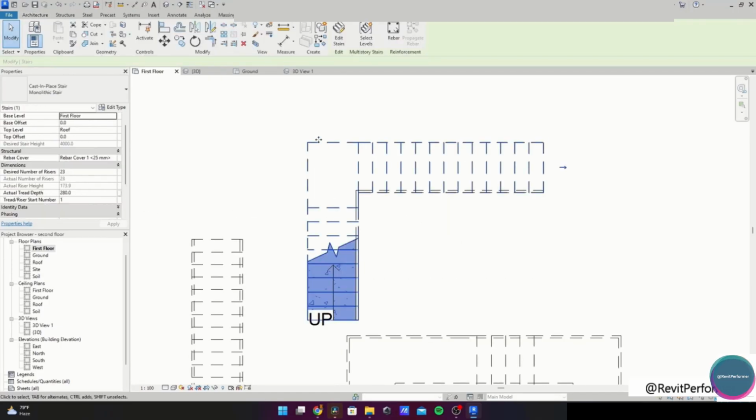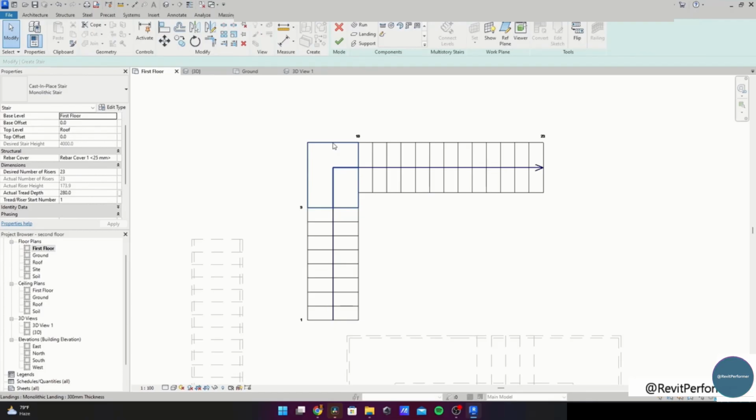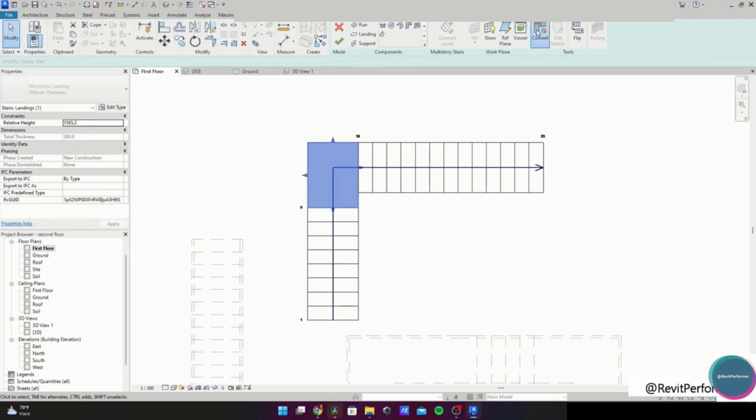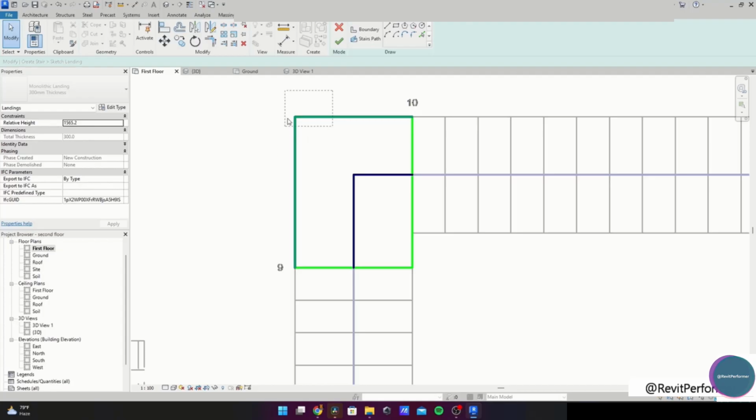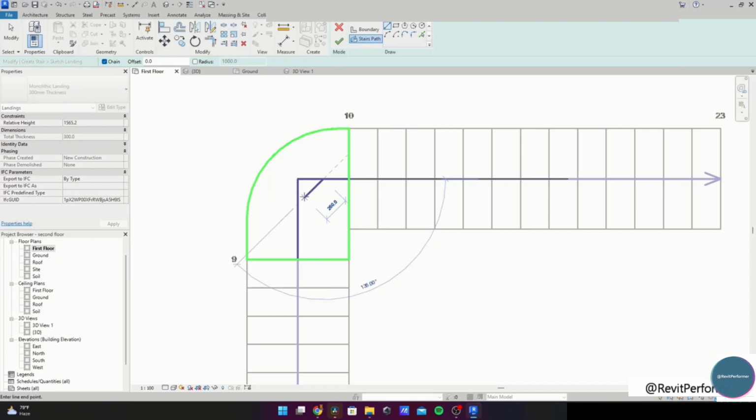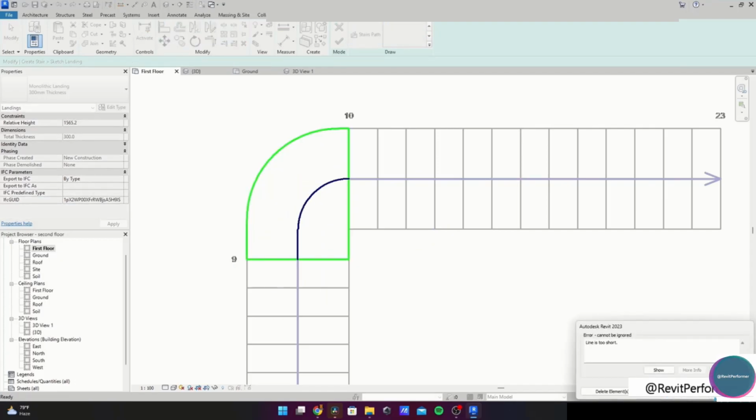Now I want this side to be circular. I'll select this part and I'll click on Convert. Now it's been converted. So now I'll go Edit Sketch. I want this line to be an arc, so I'll simply select Fillet Arc. You can have a manual radius, or you can simply just select the first line, the second line, and go for your arc like this. Do the same with this. Select here and do Fillet.